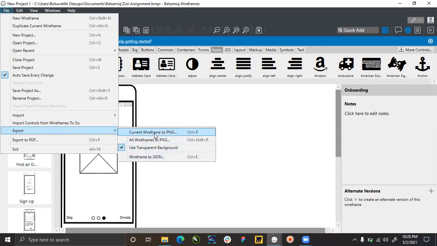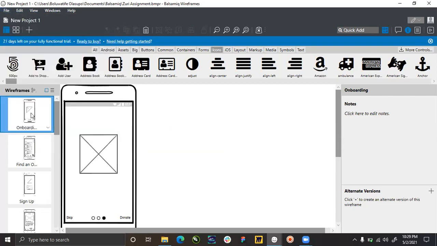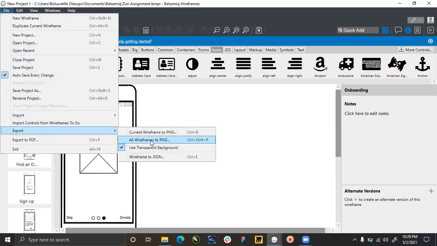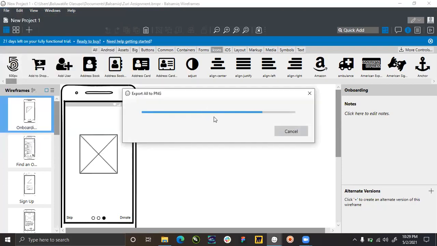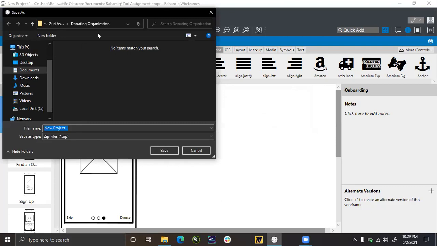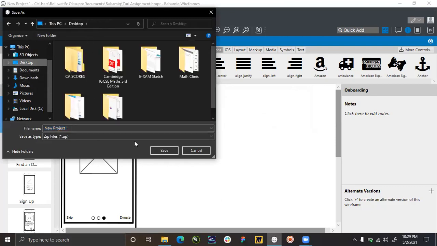You can choose to export current wireframe to PNG. That would only export the onboarding. But if I choose to export all wireframes to PNG, then it will export all of them into PNG, and then I will see where I can save it. So I choose to save it on my desktop. I'm saving it as new project 1. I could just save it as donors wireframe